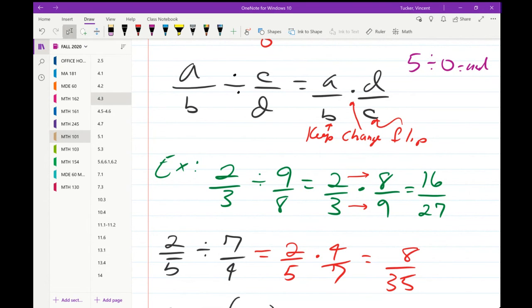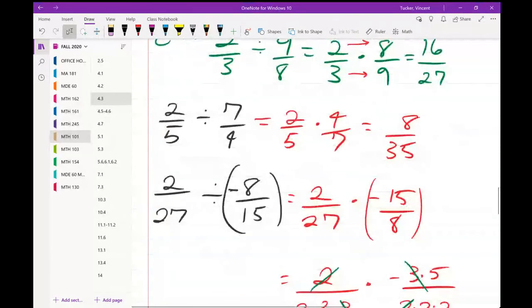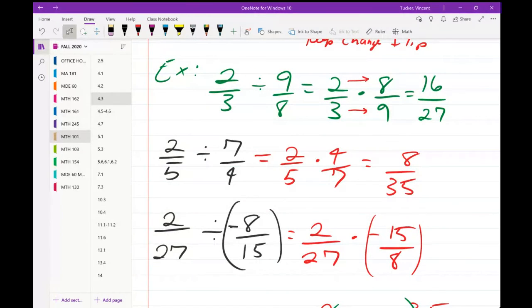All right, so 2/5 divided by 7/4. So 2/5 stays the same. Division changes to multiplication, and then 7/4 turns to 4/7. Multiply across. 2 times 4 is 8. 5 times 7 is 35. All right. Next one,